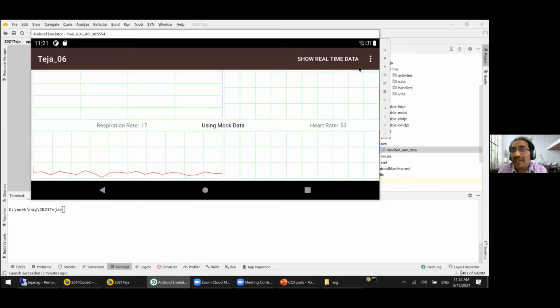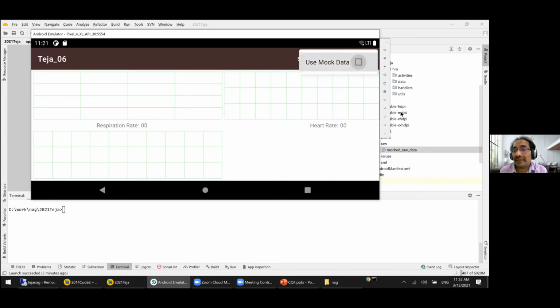And there were debates: do we need to mock it? This is the final version. They were all fine, but once we showed them how simple it is to mock, there was some problem: boss, then I have to build it for mocking as well as for production. So now we have converted that into a menu option, where you choose use mocking or use production.